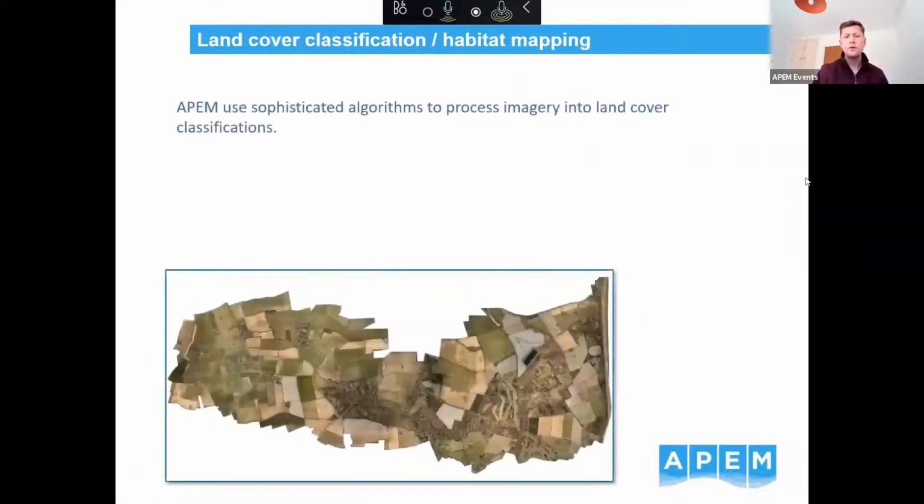Land cover and habitat classification. We're often asked to do a land cover and habitat assessment as part of a new infrastructure development. So if it's a new power cable route, for example, when undertaking route selection, the power company will want to know what's going to have the least impact from an ecological point of view, but also what land it's going over and what issues they might have to encounter along the way. So surveying that,